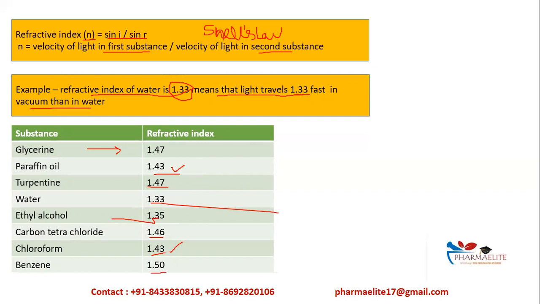So from this table आप ये दो तो same है 1.43, then 1.47 glycerin and paraffin are same. Water का आपको याद ही रहेगा, benzene is the maximum, highest from this table. ऐसे आप याद रख सकते हो तो it will be very good when direct MCQ is asked. And remember always the refractive index of vacuum or air, if you consider it, is taken as 1, that is the standard value. तो उसका कोई confuse करने को भी आपको कोई पूछेगा, then it is a 1.